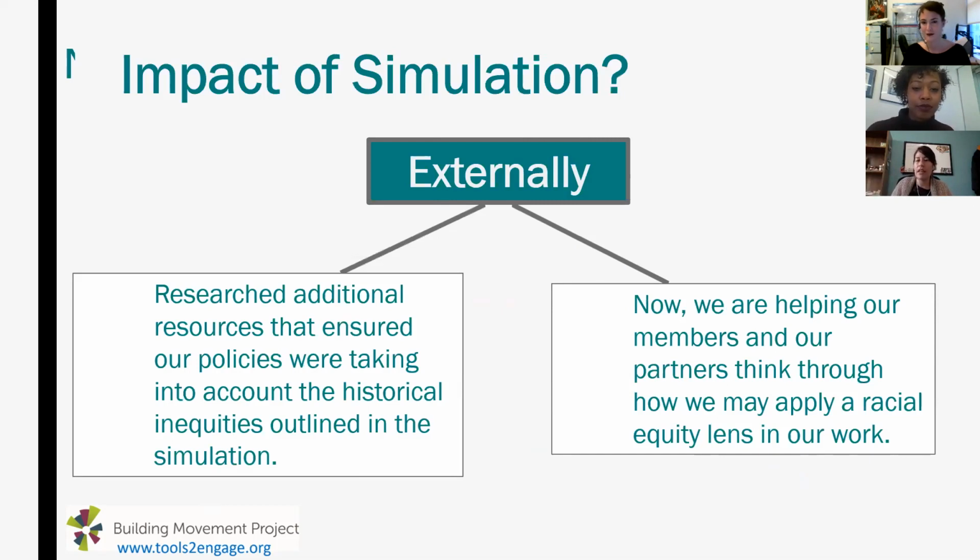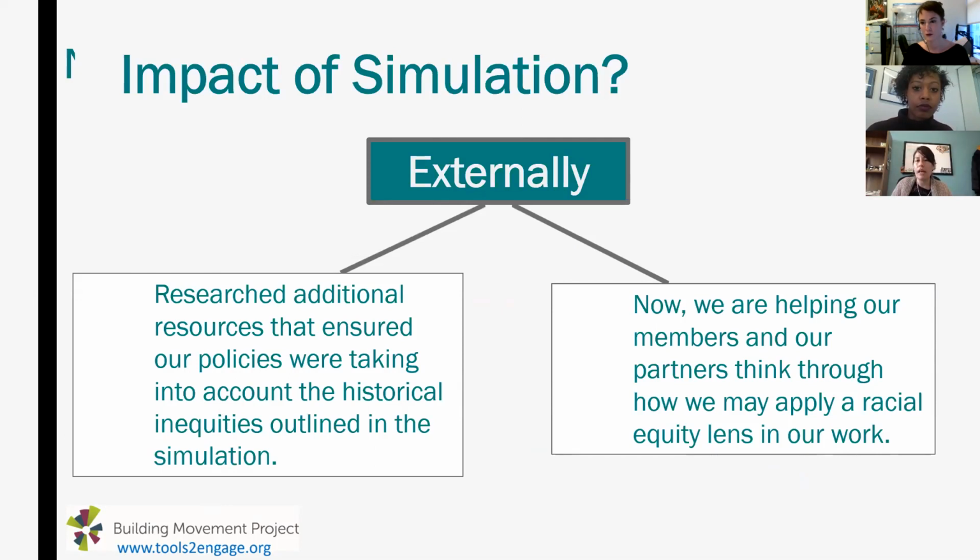So how are we taking that into account? And we need resources to do so. Now, not only have we done some research on gathering racial equity toolkits, for example, we're practicing it ourselves in a more integrated way through our priority setting process. And in that process, helping our members and sometimes partners think through how we might apply a racial equity lens